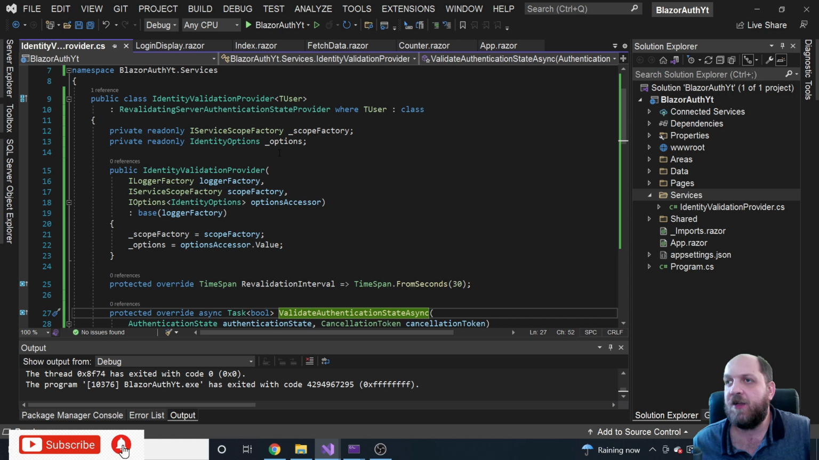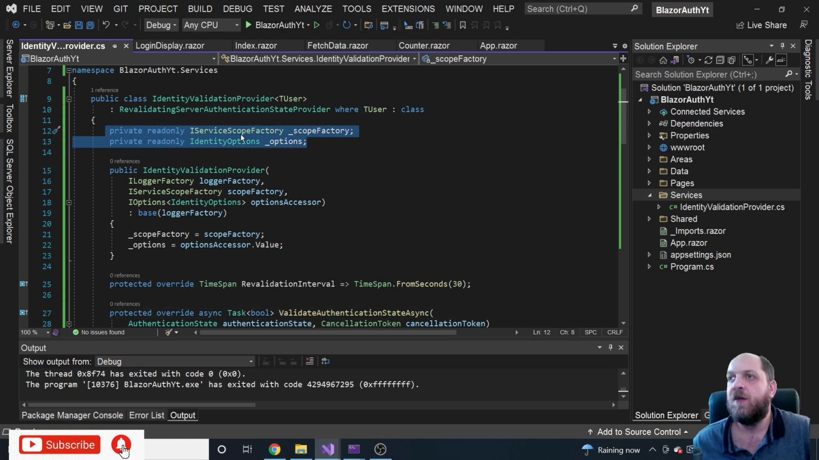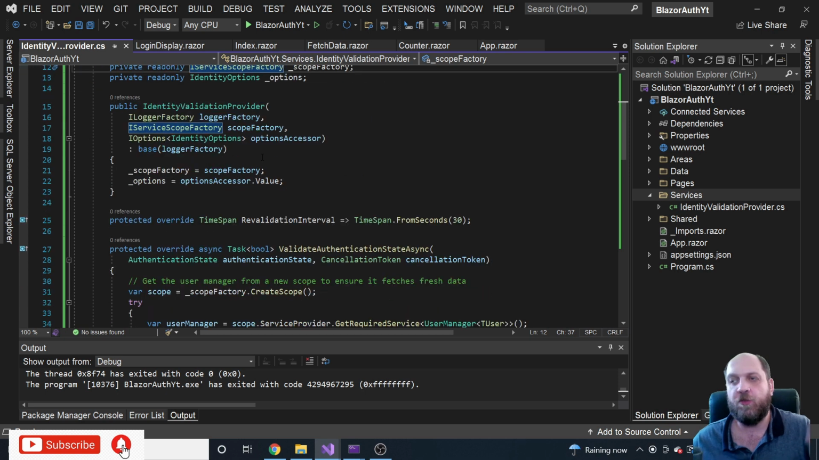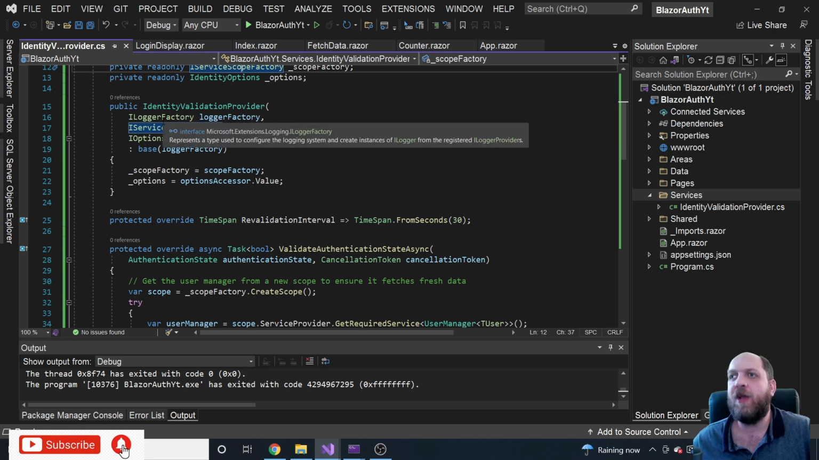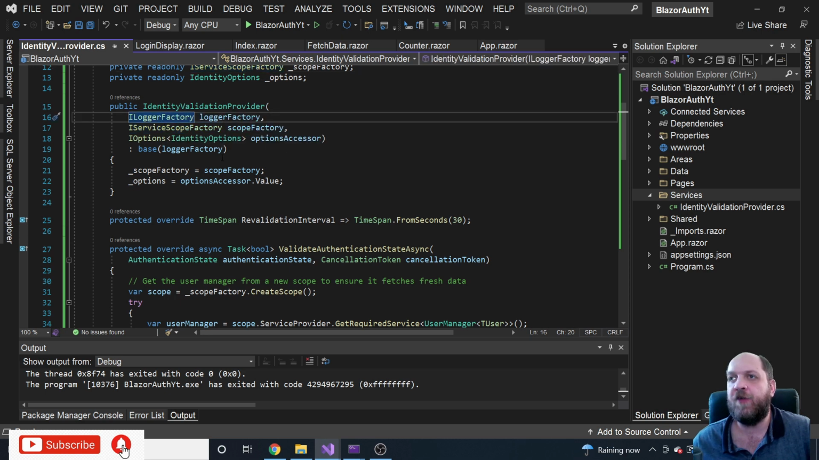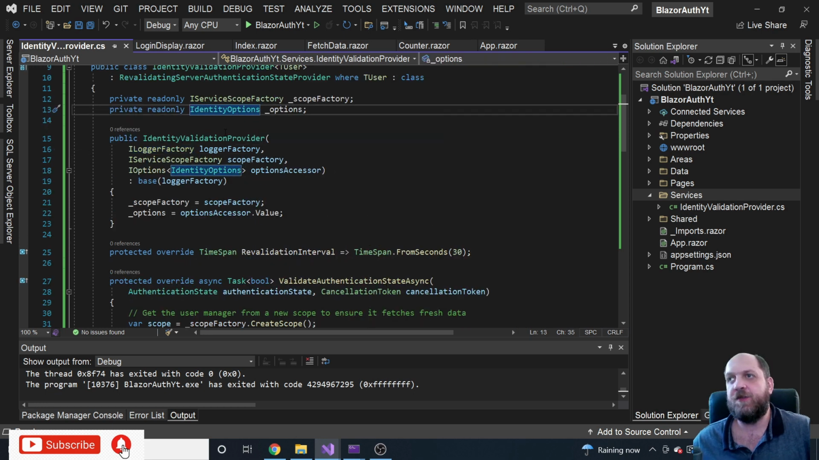However, the idea is that here we rely on these services. This is the service scope factory, because we want to make sure that we get a scoped instance of the user manager service. We also have here the ILoggerFactory, and we just provide it to the base, and we need some identity options. This IdentityOptions is also part of Microsoft ASP.NET Core Identity, and it is added by default